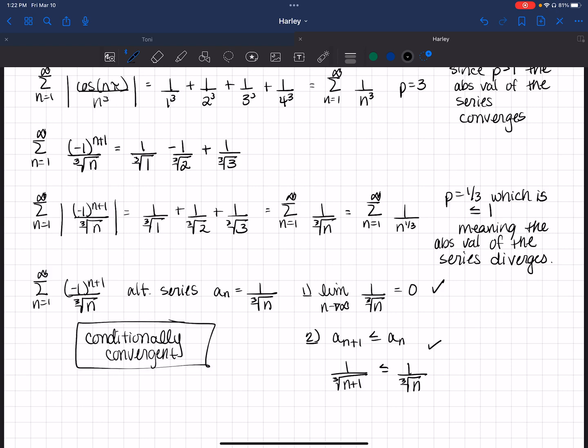And that's a little short blurb over how I tell if something is absolutely convergent or conditionally convergent. Because I noticed on the homework, there were some where you would just put convergent. You wouldn't tell me if it was absolutely or conditionally. And that was kind of the point of the exercise. So that's a little practice, a little review over how to determine if something is absolutely or conditionally convergent.